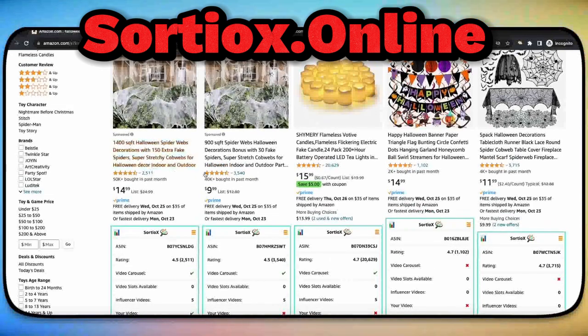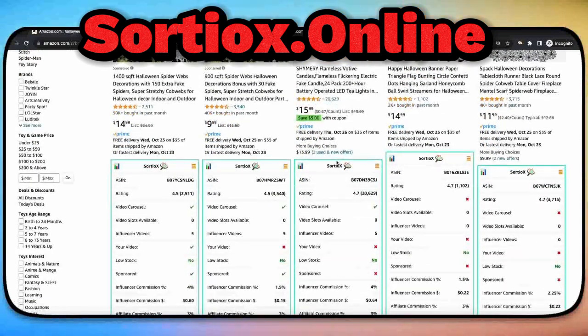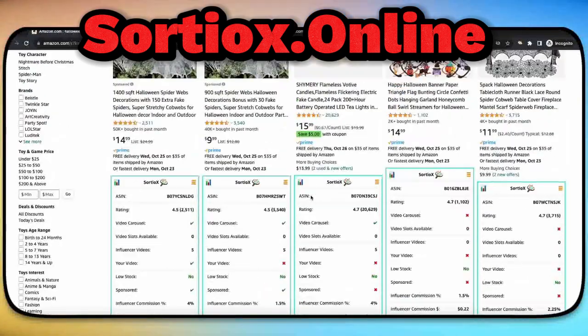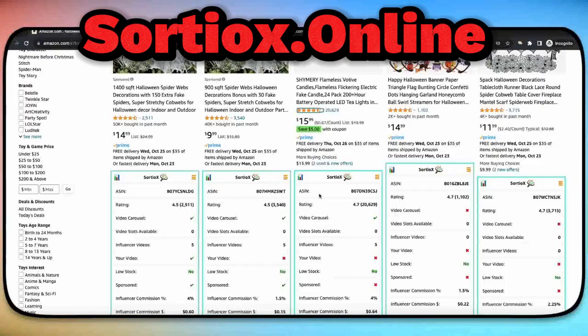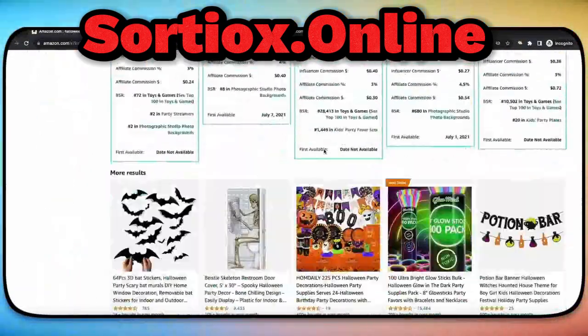So instead, before we had to click on each individual product and see if there were videos on the listing, see how many reviews it had, see all of these important details before we purchased the product. And that took forever, having to open each individual page. Now with this Sortio X tool, you actually see all these cool details directly on the search page of Amazon